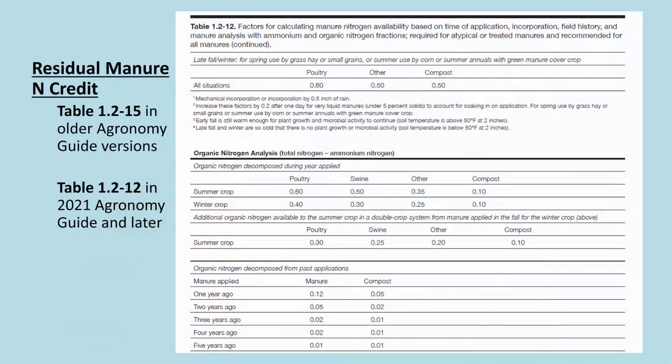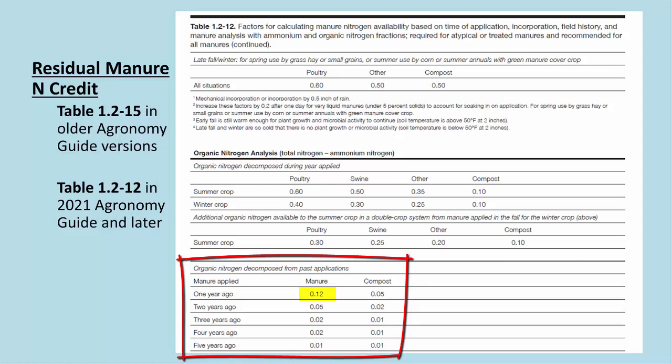Now there is another, more complicated way to calculate the residual manure history nitrogen credit. This method uses Table 1.2-15 or Table 1.2-12 in newer versions of the Agronomy Guide. In this table, there are factors for the fraction of organic nitrogen applied in previous years' manure applications that will be available for the current year crop. These factors mean that 12% of the organic N applied in manure 1 year ago will be available in the current year, 5% of the organic N applied in manure 2 years ago will be available in the current year,